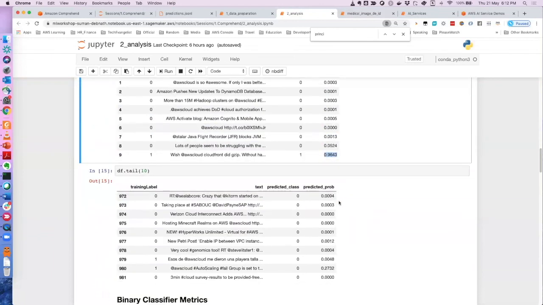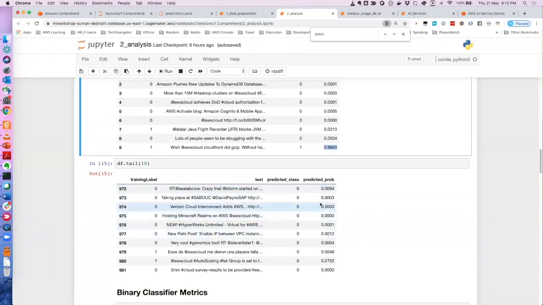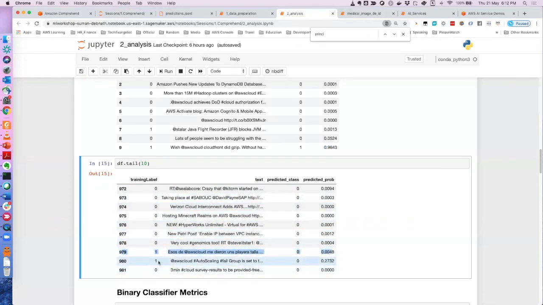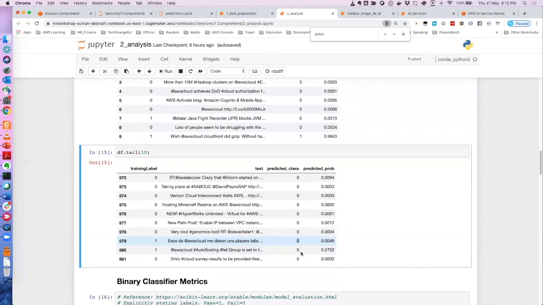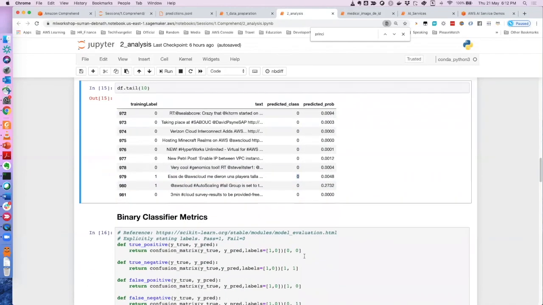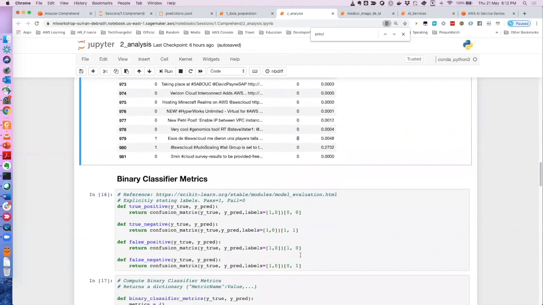Now if we put this data back into our actual data, which contains the class label, you can figure out what the misclassifications are. So if you see this line, this is misclassified, which was actually 1, but Comprehend predicted 0, right? Now there is some code which will do performance analysis based on a few machine learning performance metrics, and I'll show you that performance matrix.